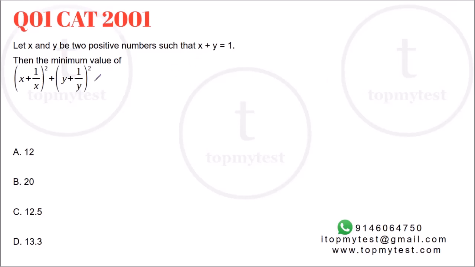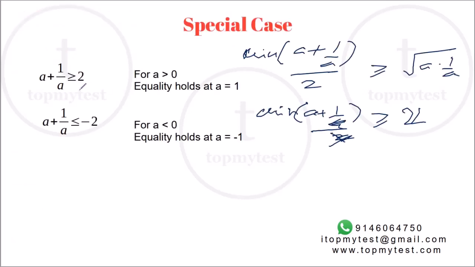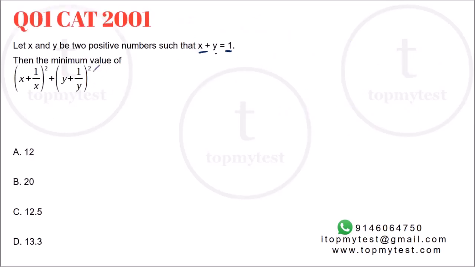Now the first question, you might think that I have to just directly apply it, but there is a problem. The problem is that x and y will be positive numbers such that x plus y is equal to 1. So none of them can go up to 2. If it was 2, I would directly be able to figure out the minimum. We cannot put x equal to 1 or y equal to 1 here because that will violate the criteria. However, what you can do is use the symmetry of this relation, right?